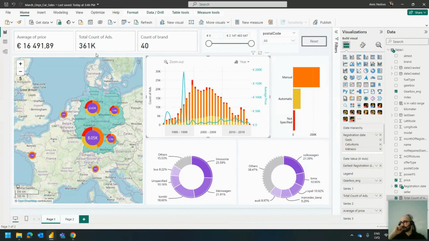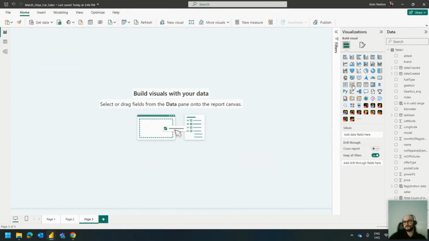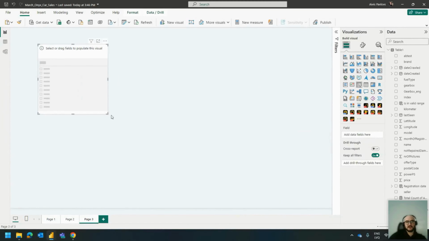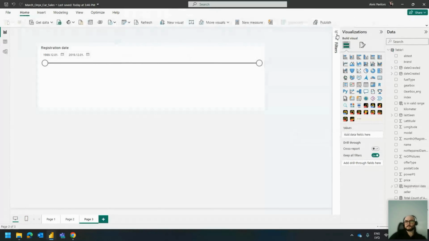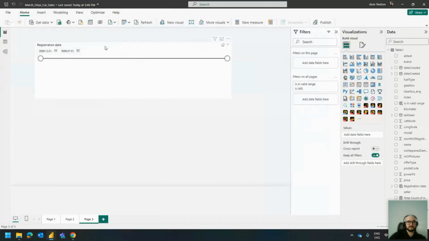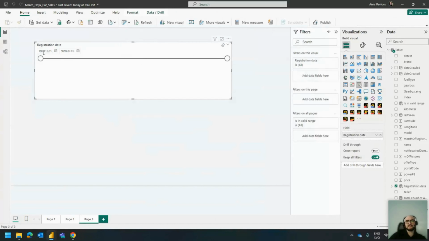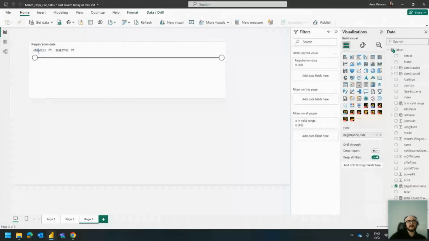That is one thing. The other thing that I noticed straight away is, for example, I'm just going to go to a new page. And let's say I want to understand what is the date range for the years of registration. If I use the column that I just created from the formula that I showed before, and quickly remove this filter, there we go. You're going to see that the starting date for the vehicles registered is from 999. Not even 1,000, but 999. And it finishes off at